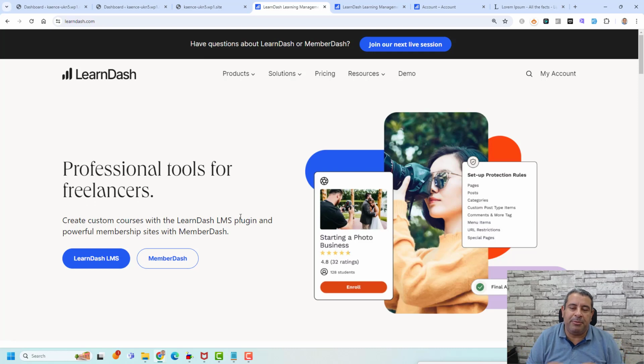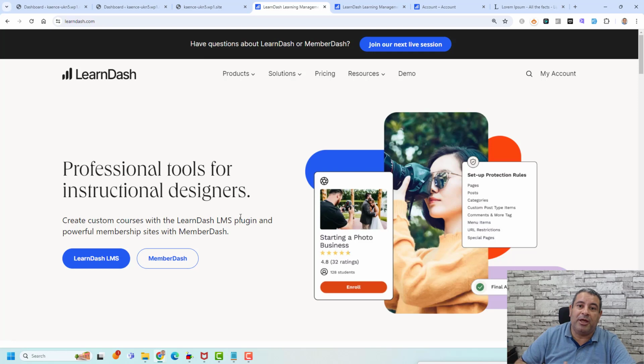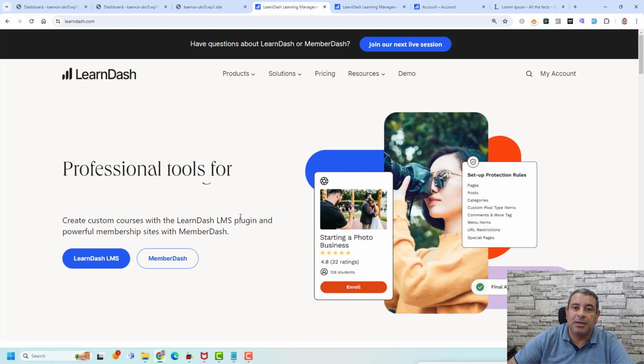Now this is a premium plugin. It means that you need to buy the plugin if you want to use it, but there is a money back guarantee period or a refund period of, I think, 14 days, maybe 30 days. You have to check this with their support team. You can use the plugin to test it during this refund period. If you don't like it, you can just refund your payment. If you like it and you need to keep using it, you can keep using the license for about 1